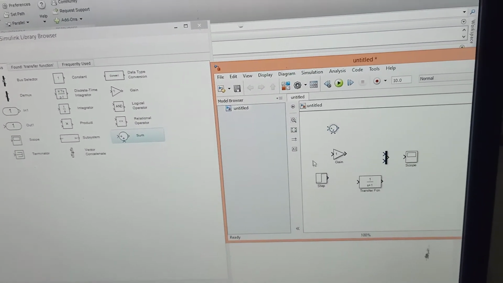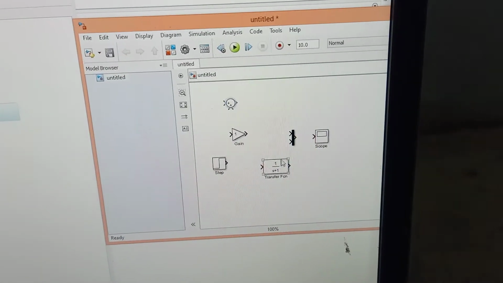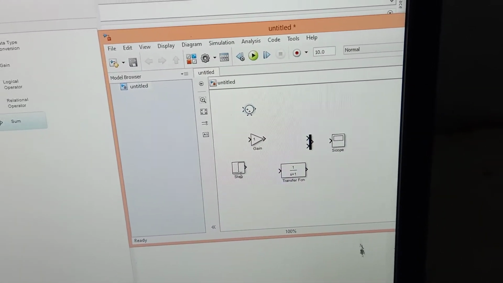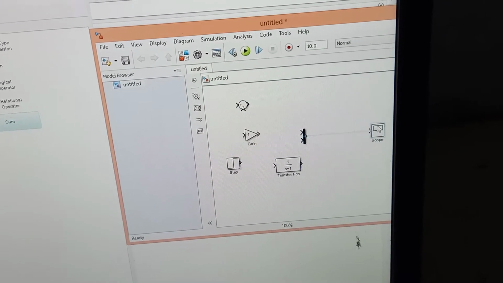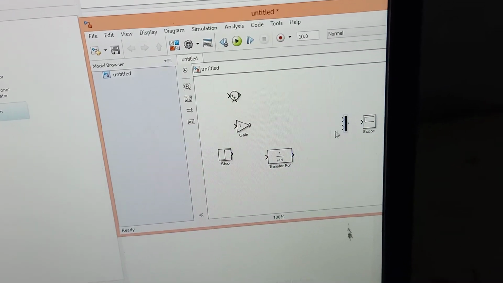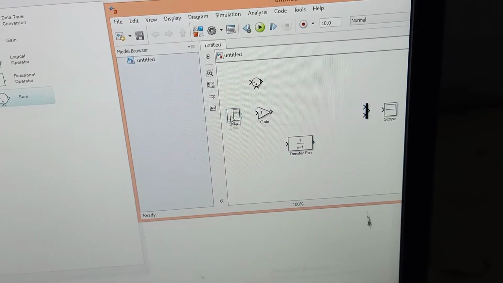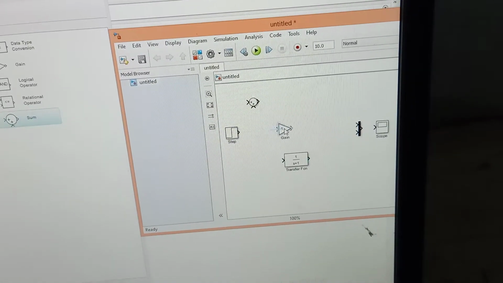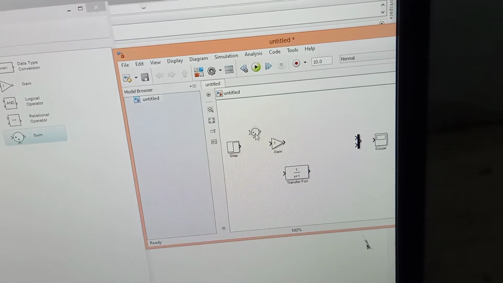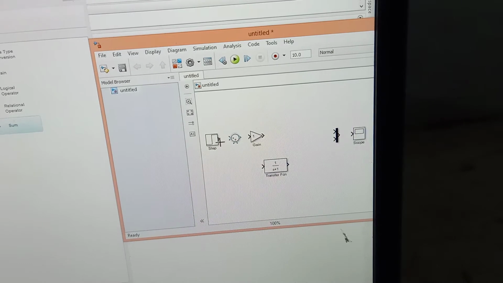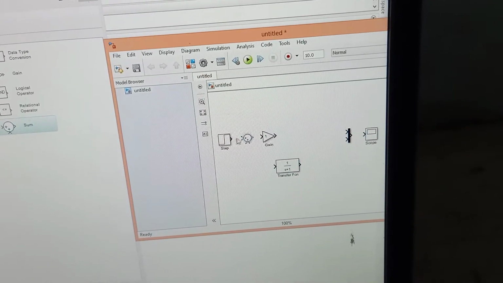Now we can connect all the blocks together, and finally we will check the output by giving step input. Just see your record notebook, and in the record notebook we have the block diagram. So based on the block diagram you can connect all the blocks together.